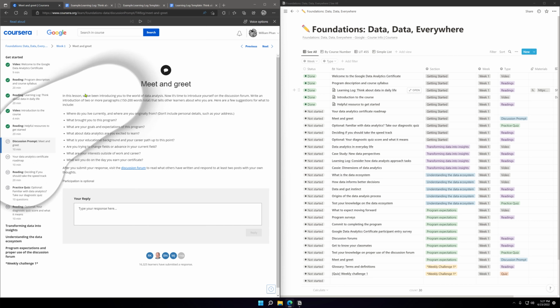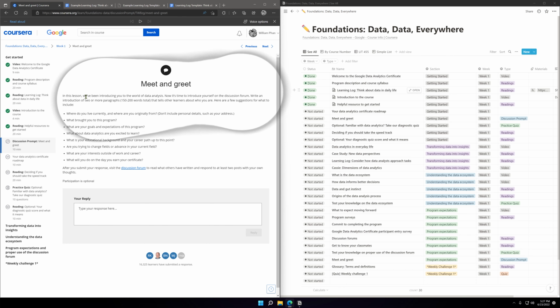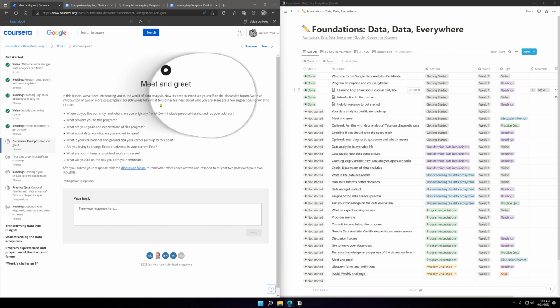All right, we are at the meet and greet. In this lesson, we've been introducing you to the world of data analysts. Now it's time to introduce yourself on the discussion forum. Write an introduction of 2 or more paragraphs that tell other learners about who you are. Here are a few suggestions for what to include. Okay, where do I live? What brought me to this program?